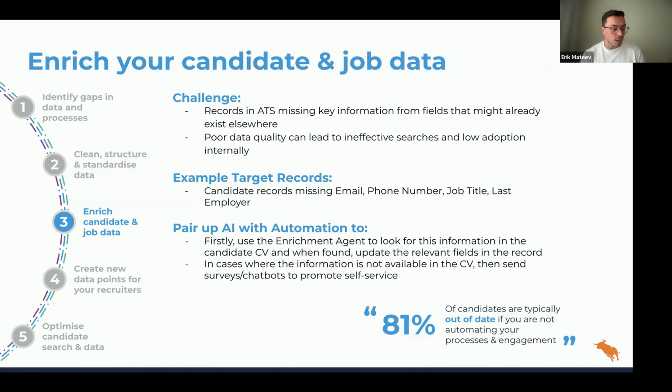So this could be a salary for a job not being in the field, or the start date being wrong. Or from a candidate's perspective, maybe the candidate doesn't have an email address, or they don't have a phone number, or they don't have a job title or current employer, right? These things can very easily affect your recruiter's ability to find candidates whenever they're executing a search, which means that they could miss out on some really good candidates just because the right information isn't in the right places.